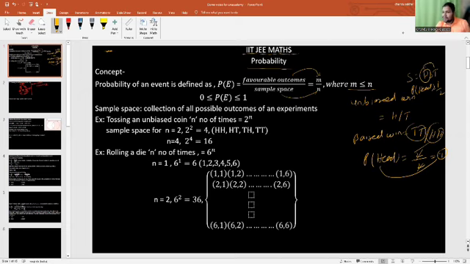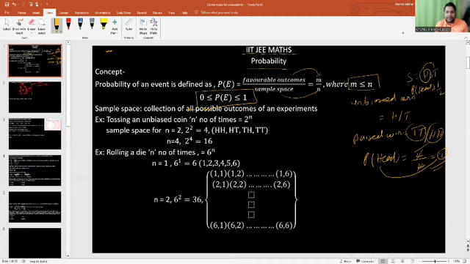So the number of favorable outcomes m is less than or equal to n, where n is the sample space and m is the favorable outcomes. The next thing is that the probability of any event is greater than or equal to 0 but less than or equal to 1. That possibility is there. So first of all,